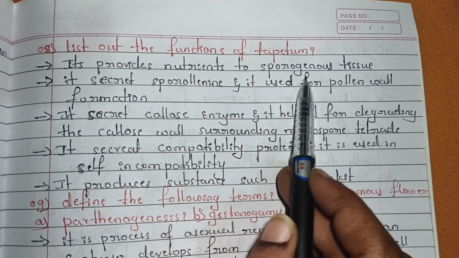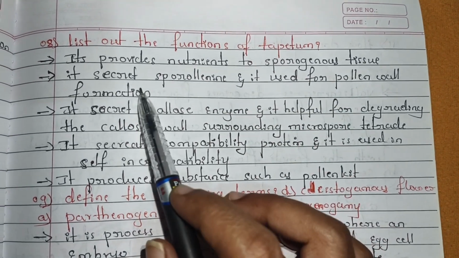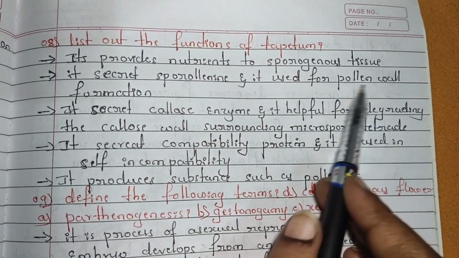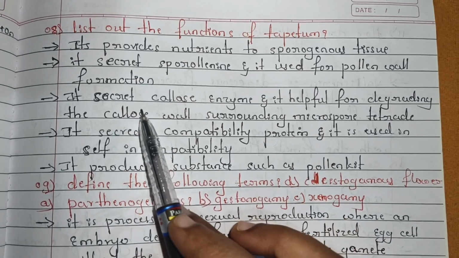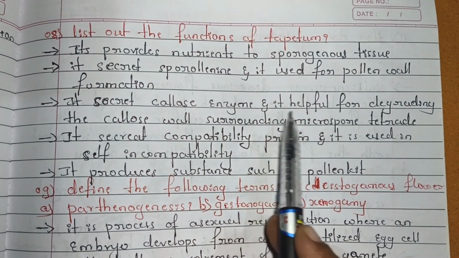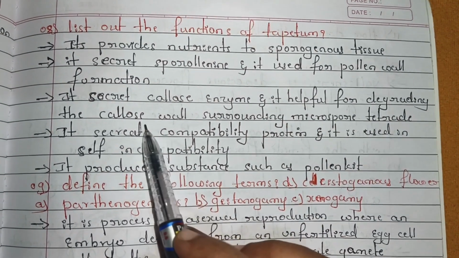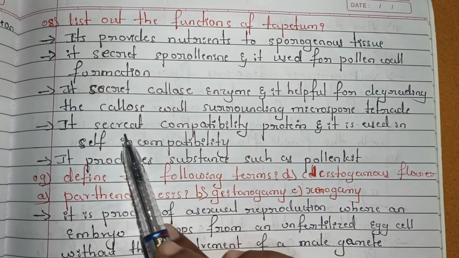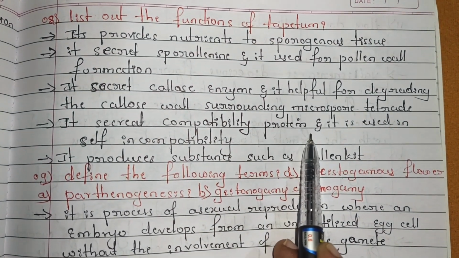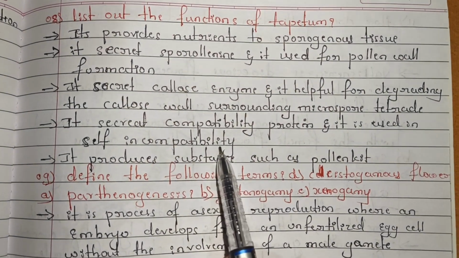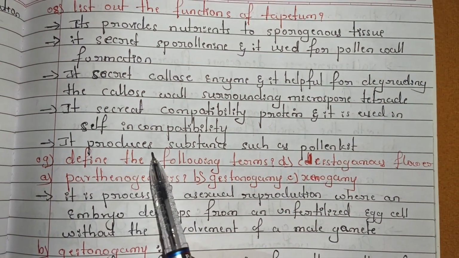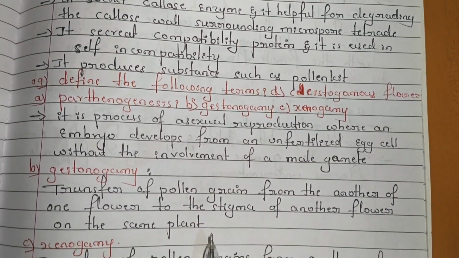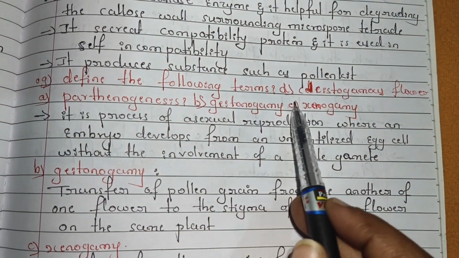The tapetum provides nutrients to the sporogenous tissue. Second, it secretes sporopollenin, which is used for pollen wall formation, that is the exine. It secretes the callase enzyme, which helps in degrading the callose wall surrounding the microspore tetrad. It secretes compatibility proteins, which help in self-incompatibility. And it produces substances such as pollenkitt. Next, the ninth question is: define the following terms: